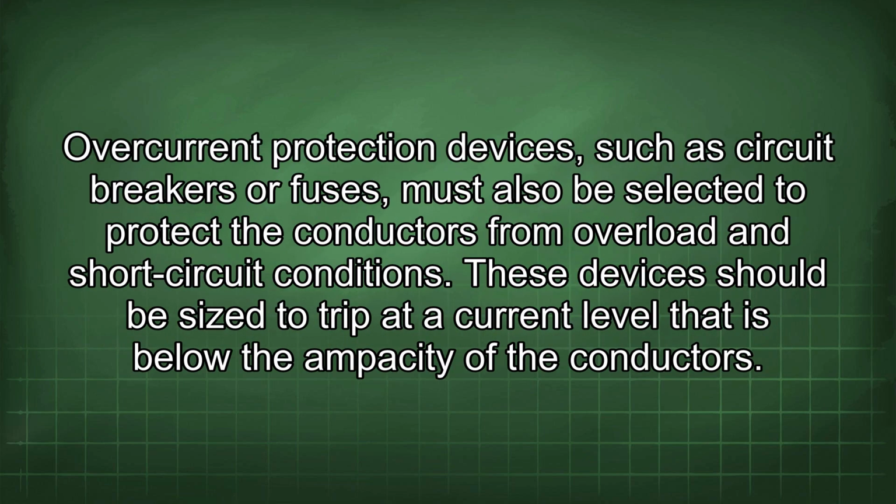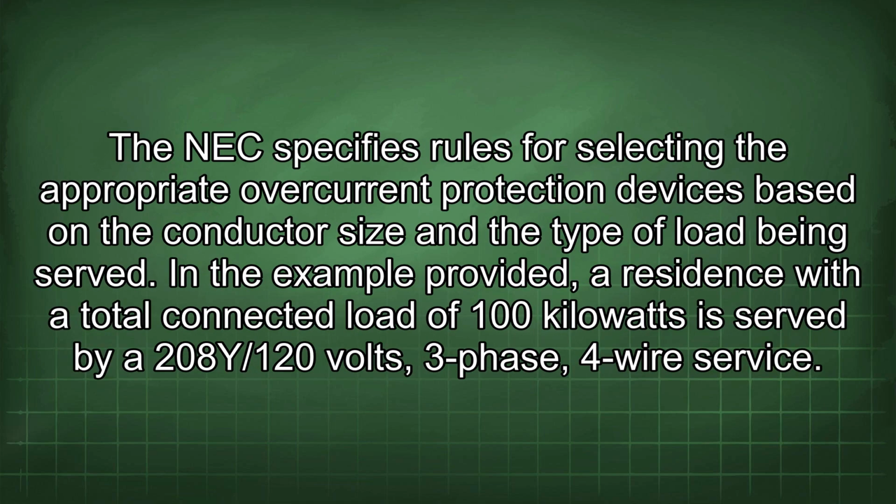Overcurrent protection devices, such as circuit breakers or fuses, must also be selected to protect the conductors from overload and short-circuit conditions. These devices should be sized to trip at a current level that is below the ampacity of the conductors. The NEC specifies rules for selecting the appropriate overcurrent protection devices based on the conductor size and the type